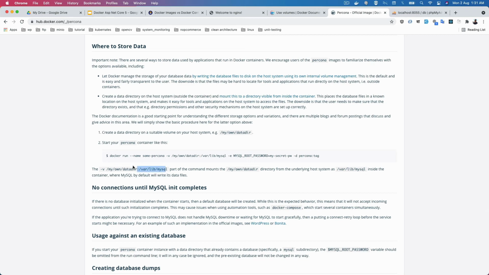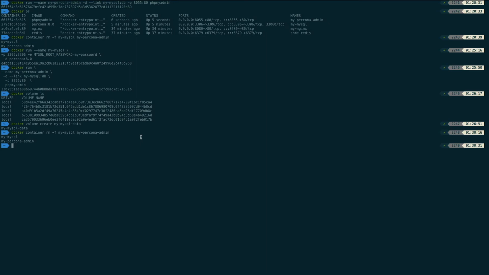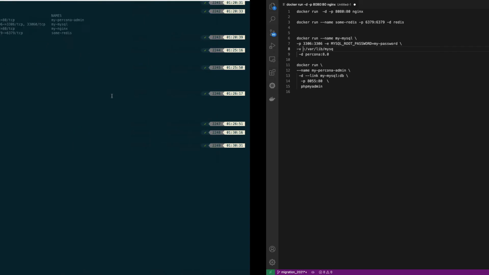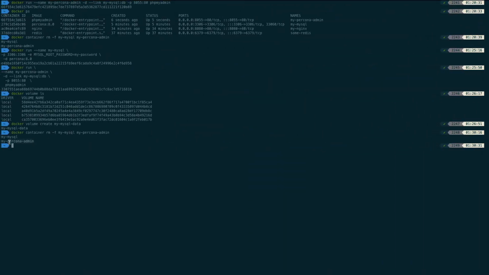So I copy this line and paste it in my VS Code. The first portion is your volume location or your volume name. My volume name is my-mysql-data. If I copy it